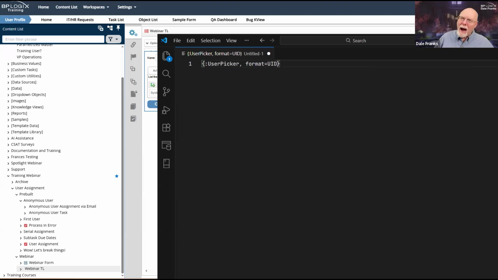I think in the past, see, some things in Process Director change over time. And I think in the past, the default that got returned with a user system variable was the UID, and everybody complained about it because nobody ever wanted the UID. Everybody always wanted the name, and then they always had to put in format equals name so that they could get the name back instead of the UID.